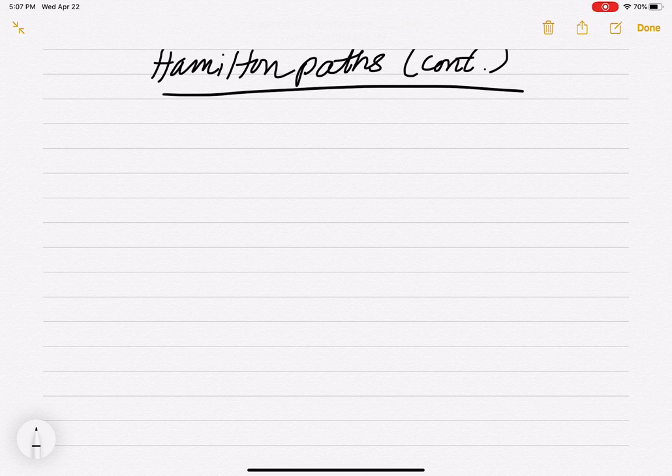So we looked at Euler paths, and remember an Euler path is a path that visits every edge exactly one time. You're not allowed to revisit edges. So we need to find something called a Hamilton path, something a little more complicated than an Euler path as far as determining these things. So what's a Hamilton path? A Hamilton path